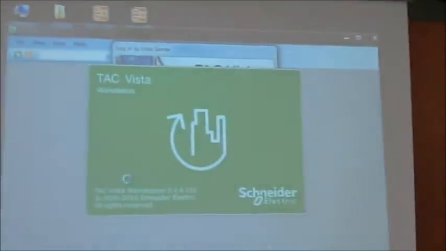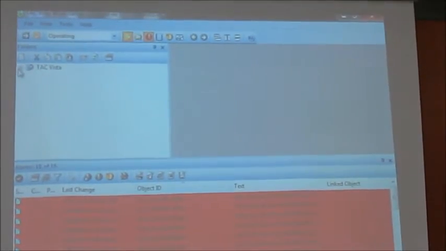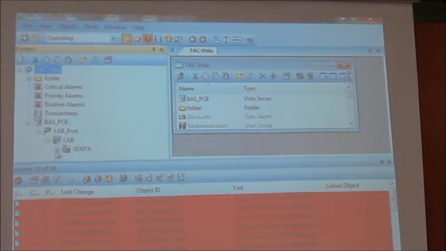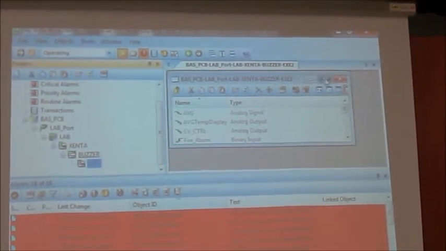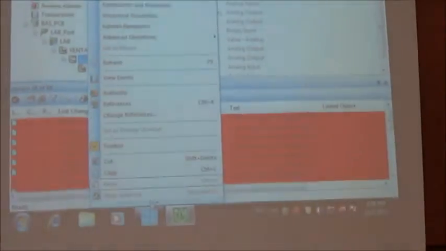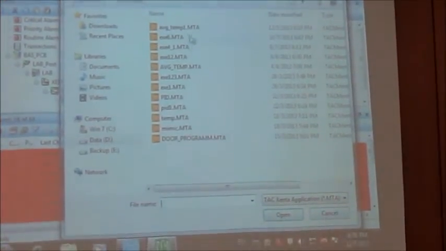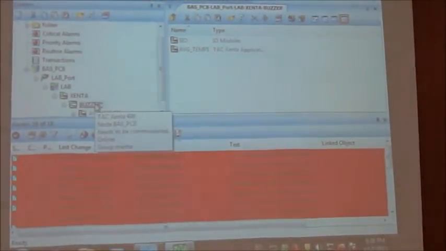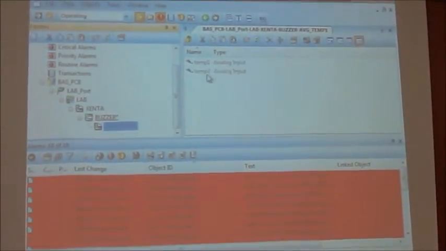So what we need to do, we have to attach this file into our Menta. So I just say right click, properties, Menta file, select the location, average temperature where we have saved, select this one. Once it is there, if you just refresh this thing, okay, you can see your new application is average temperature 2. So you have temperature 1, temperature 2.